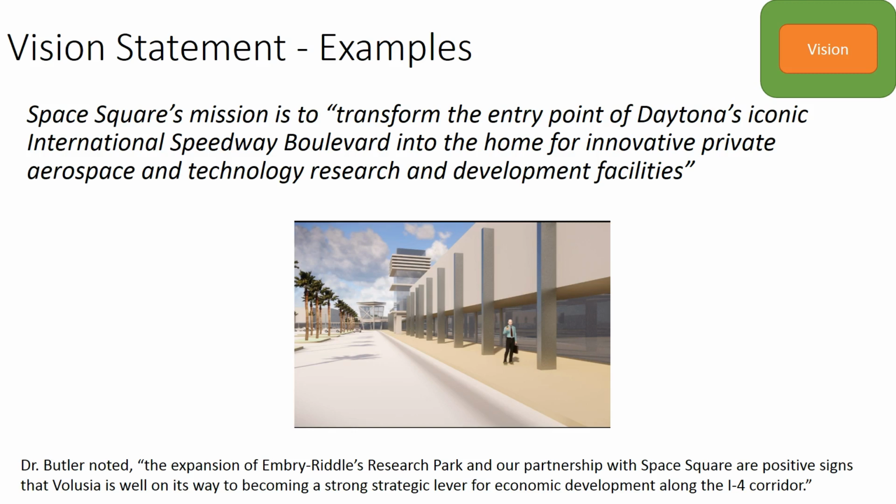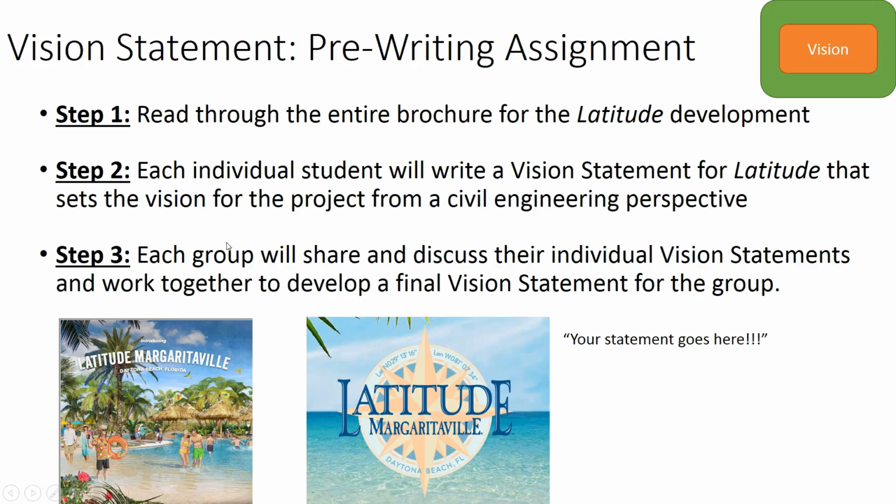beginning. And then our own president, Dr. Butler, he made the comment that the expansion of Embry-Riddle Research Park and our partnership with Space Square are positive signs that Volusia is well on its way to becoming a strong strategic lever for economic development along the I-4 corridor. So, what each group is going to do to try to kind of get the wheels turning and get